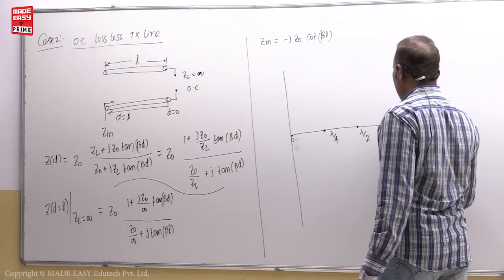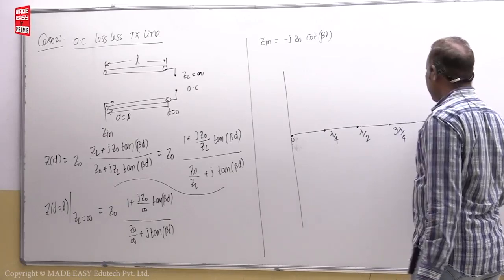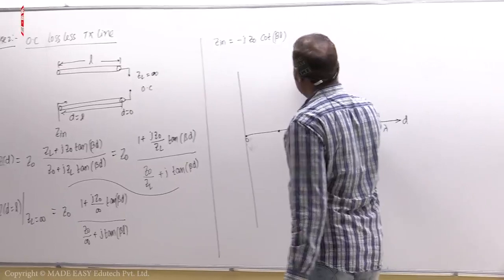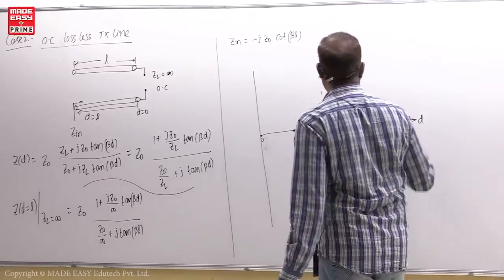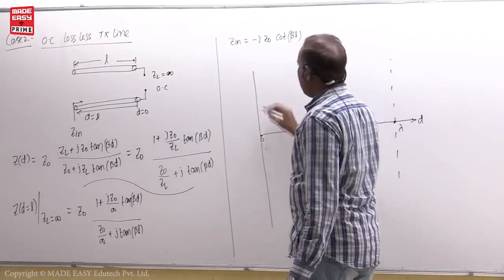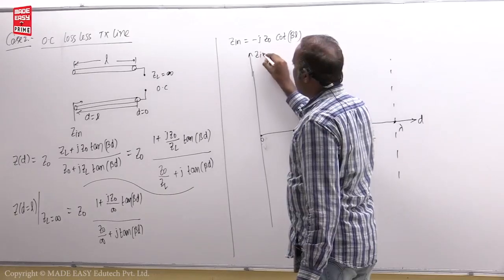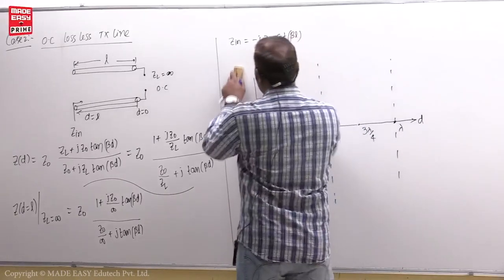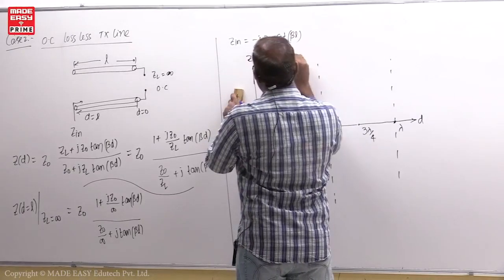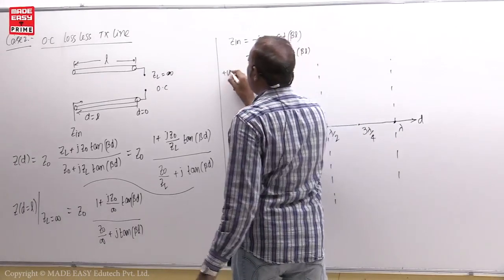Okay, 3 times lambda by 4, then this is lambda. Like this. Now this value, if I take it, Zin is equal to minus j Z naught cot beta L if I draw, and this is positive,